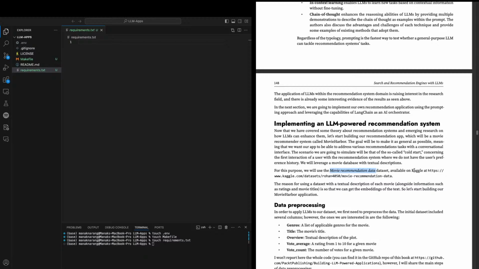Okay, so they are making a movie recommendation system.